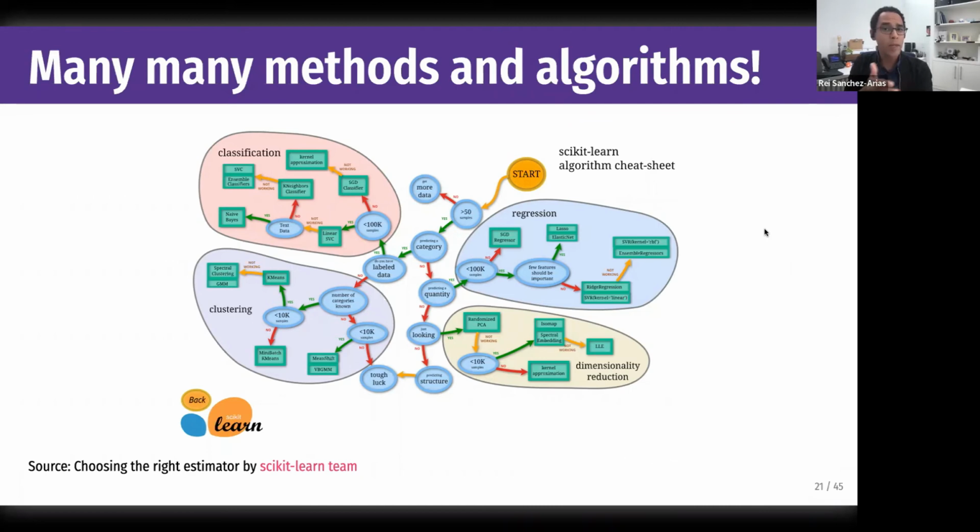And nowadays there's many methods and algorithms. This is a picture of an interactive display that the folks at scikit-learn, which is a Python machine learning library, put together, and they have on their website. And once you visit the website, follow this link, you'll be able to actually navigate it and see, do I have a regression problem, and what type of methods are out there, and what type of algorithms are out there? Or do I have a clustering type of problem, and how many samples do I have, and which methods